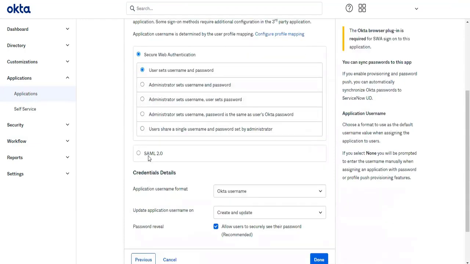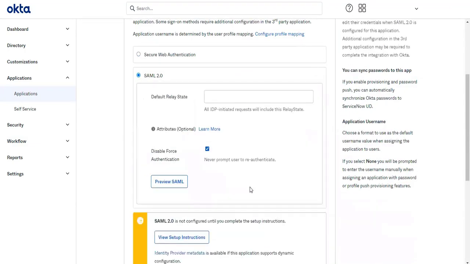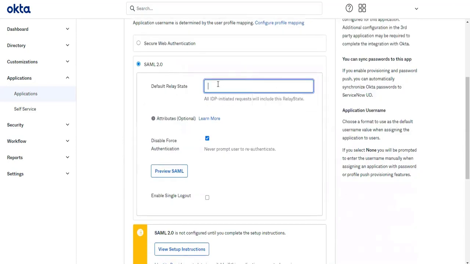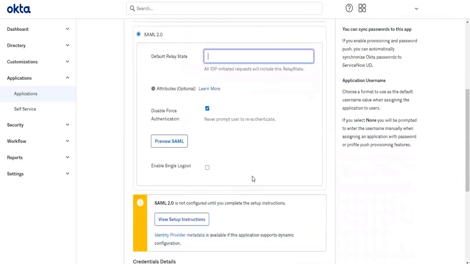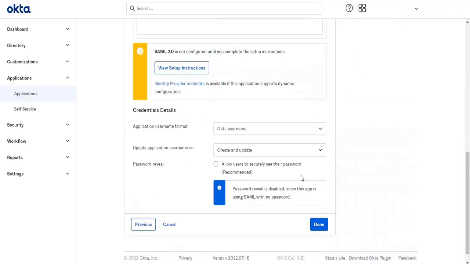I'm going ahead with SAML. I'll update these details, like what the default relay state is. Those things I will update. I will also mention the credentials. These things we will cover later, no issues. As of now, don't get confused. I'm just showing you the demo, like how you are going to work on it.